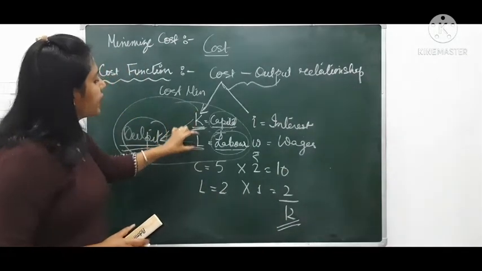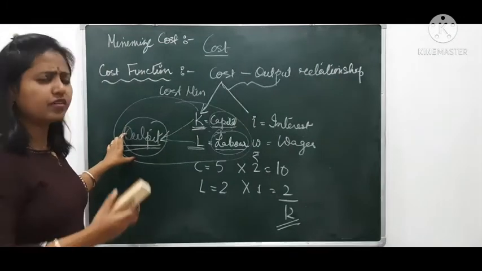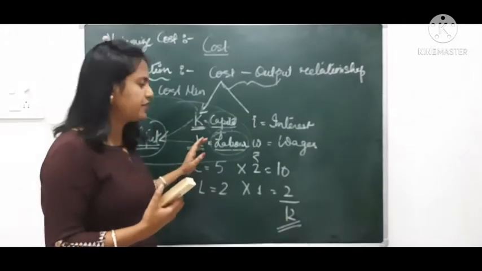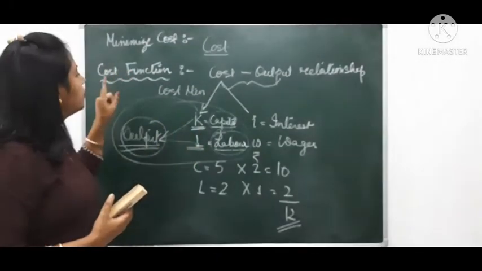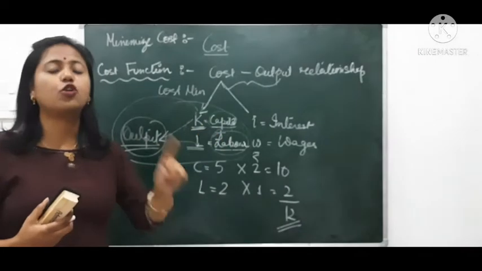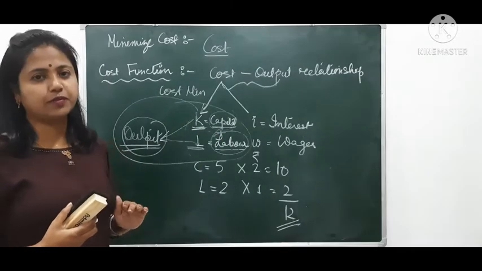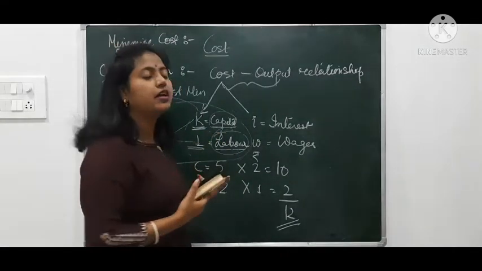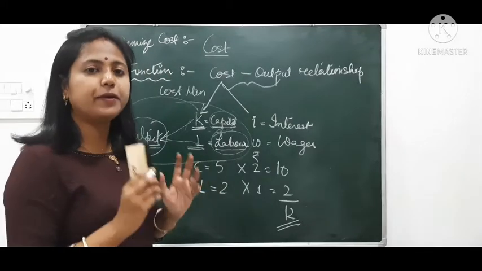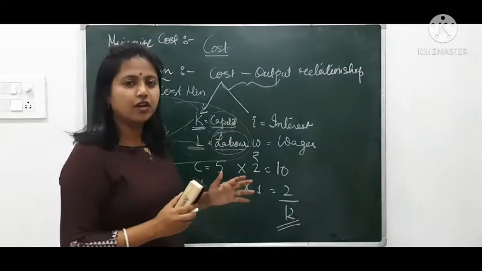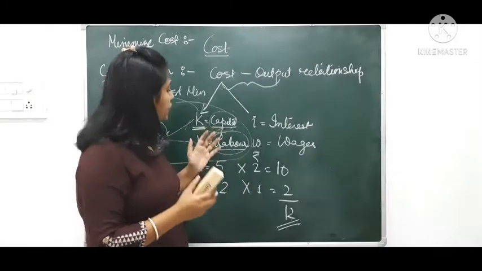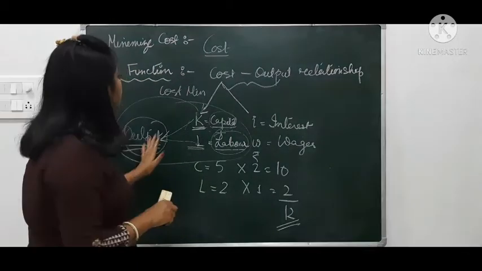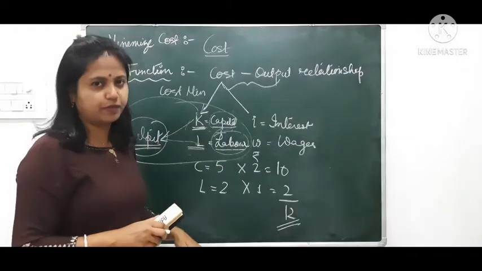Now using these factors I am producing output. As a producer, I want to use these factors of production in such a manner that I produce the output in the most cost effective manner. Cost effective means with the minimal cost. So I am interested to know how much labor and how much capital, which scale or which combination will be best for me to operate, so that I get the output with the minimal cost.